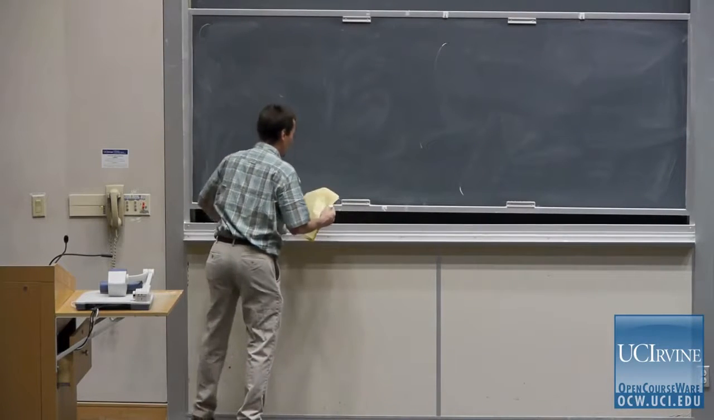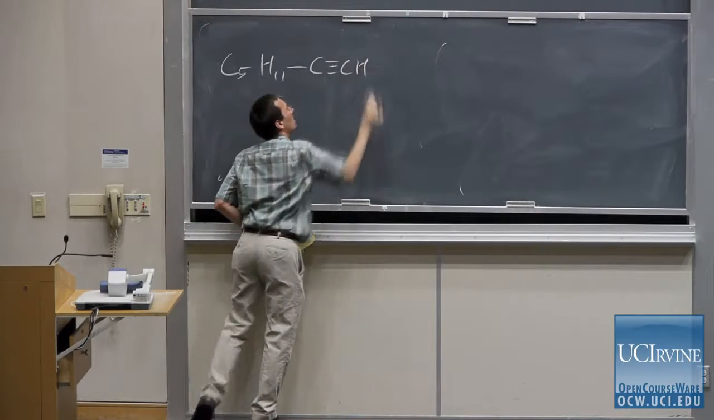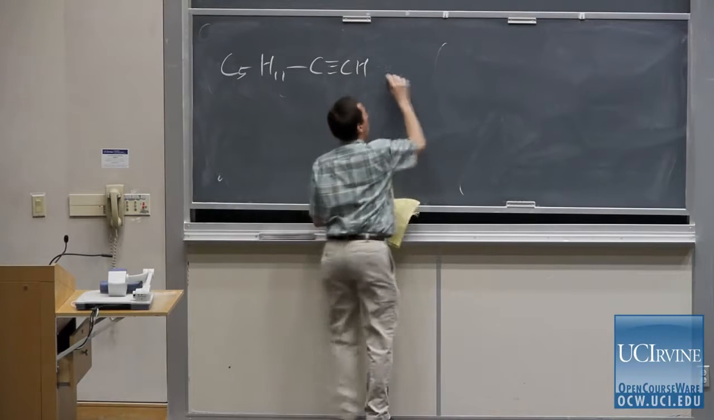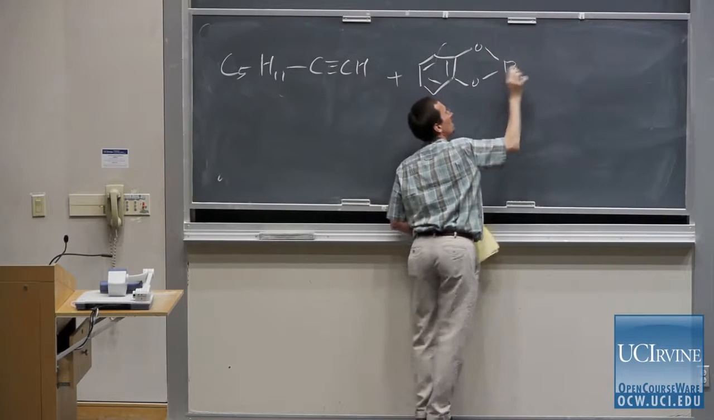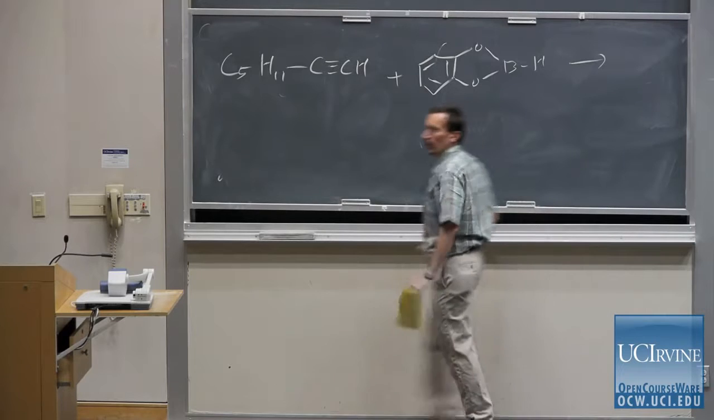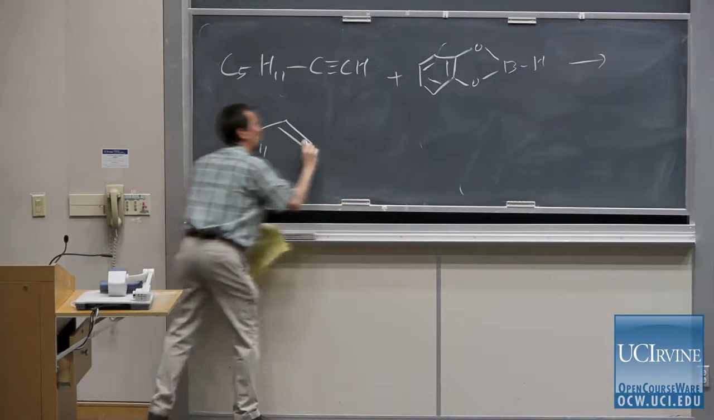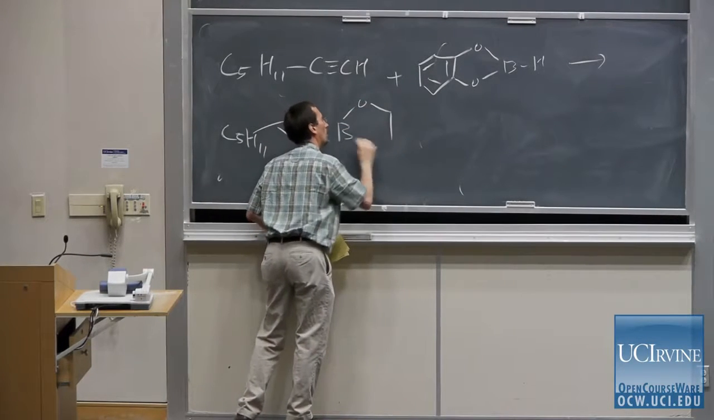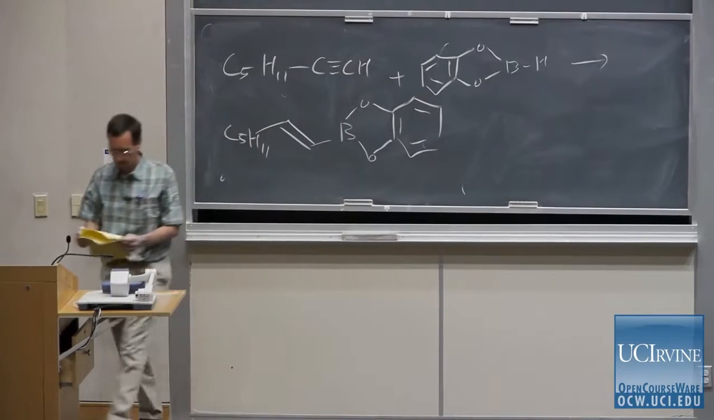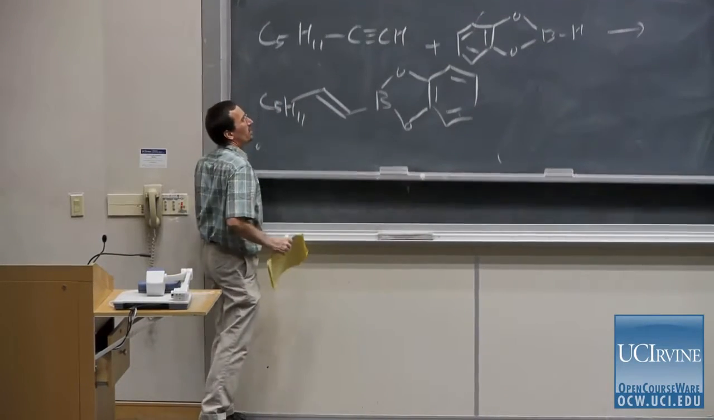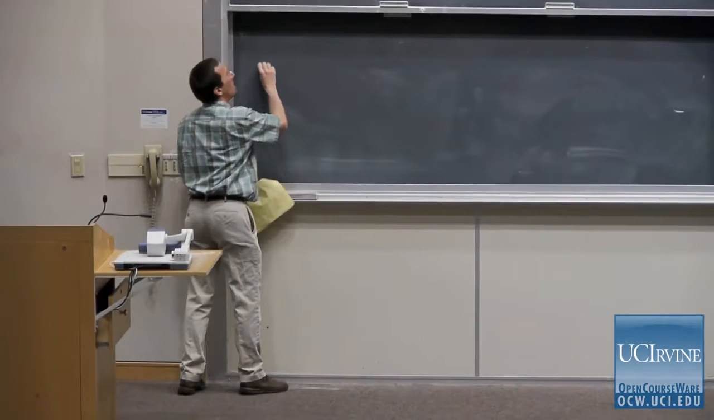So in a forward sense, sort of solving our synthetic problem, I'll start with heptyne, hydroborate it with catechol-borane. You just mix them together, heat them typically if you really want to make the reaction go quicker. That gives us our C5H11 alkenyl-borane. Like so. And then I could imagine combining that boron compound